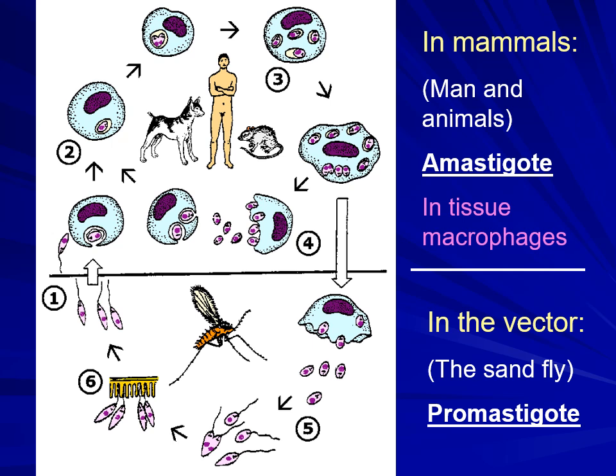Again, as I just said, in the mammalian hosts, in the upper panel of this slide, you can see that the Donovan bodies or the amastigotes occur, and you can identify them within the white blood cell. And then when those white blood cells are taken up by the sandfly, we go to the lower panel. In the sandfly gut, the white blood cells will be digested, and the amastigotes, the Donovan bodies, will be liberated. Those amastigotes transform into promastigotes and attach to the mucosa of the gut of the sandfly. They multiply and grow there to produce reinfection in the next host to be bitten.